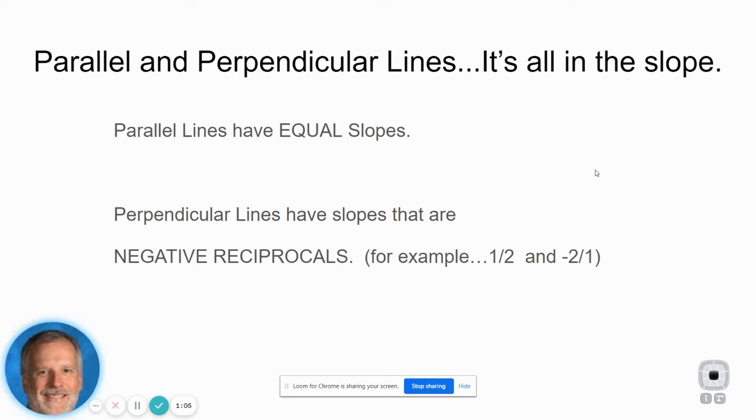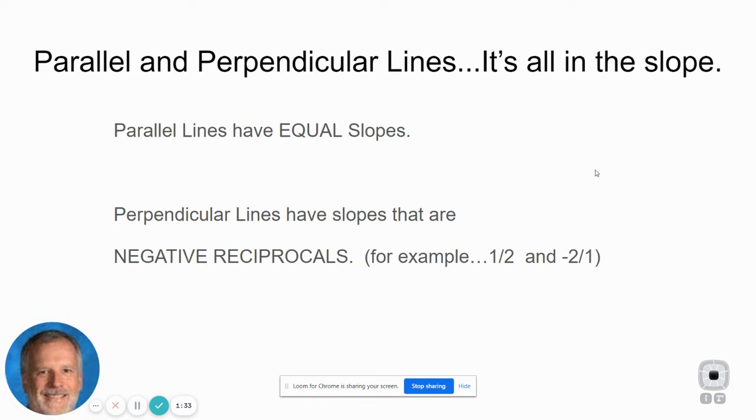First thing you need to be sure you jot down is that parallel lines have equal slope. That's very important. Parallel lines have equal slopes. That means their slopes are exactly the same. If we look at them in slope-intercept form, they'll have equal slopes. So jot that down. And secondly,